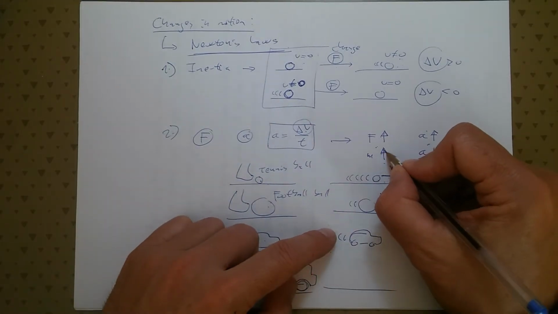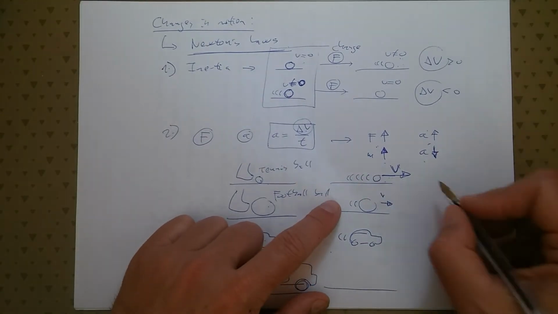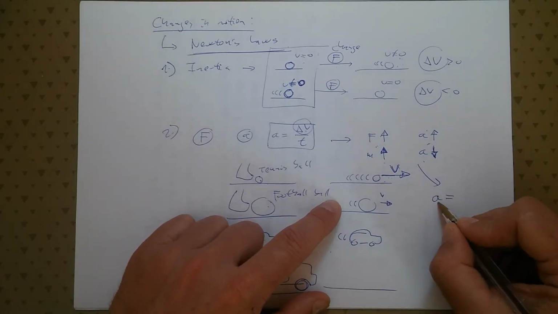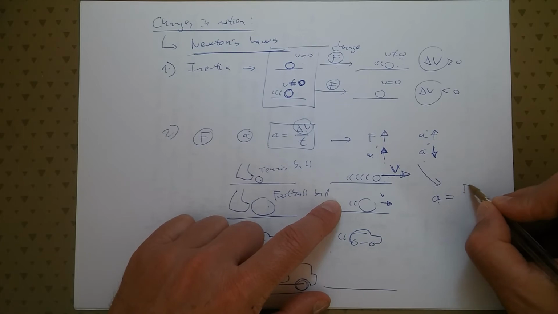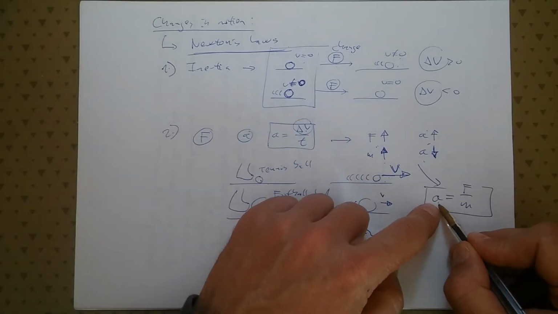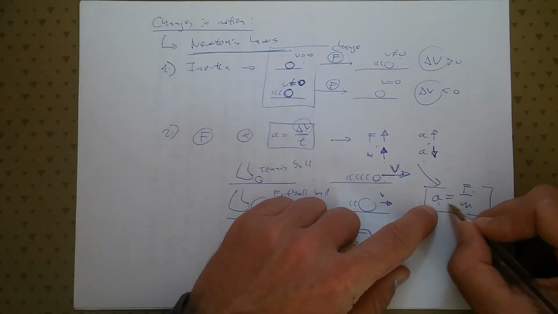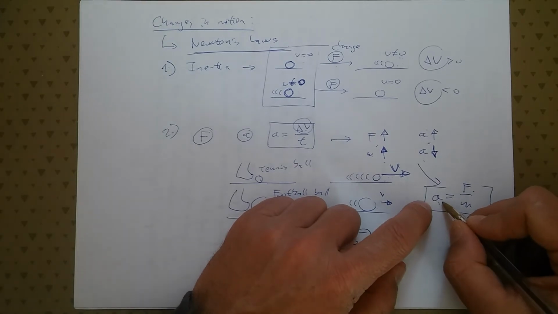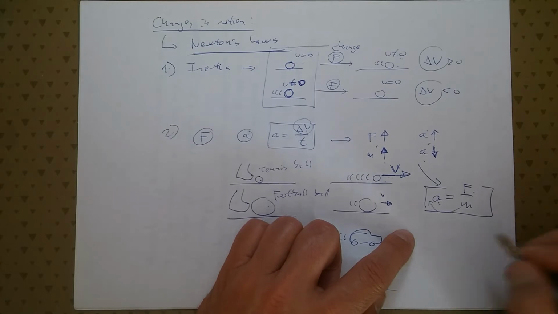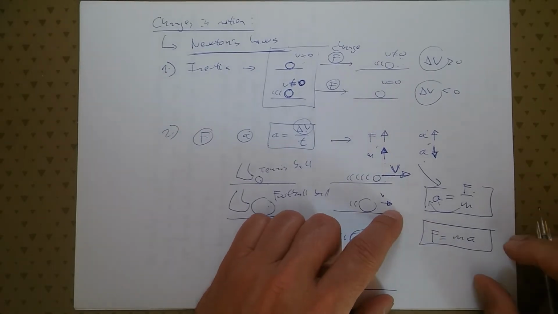So, the greater the mass, the less the acceleration. This could be represented in one formula, the influence on the acceleration of force and mass. Like this, we see that the acceleration depends on the force, in the way that if the force increases, the acceleration increases, and if the mass increases, the acceleration decreases. And also, if you get this mass multiplying on this side, you can get also this equation for the second Newton